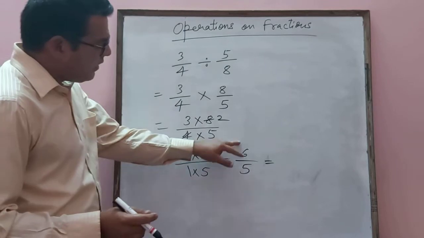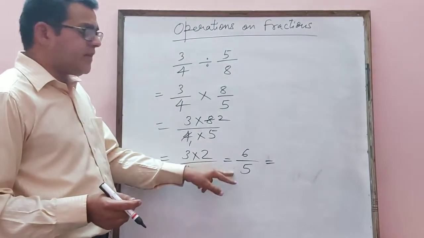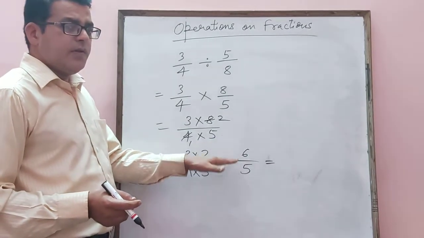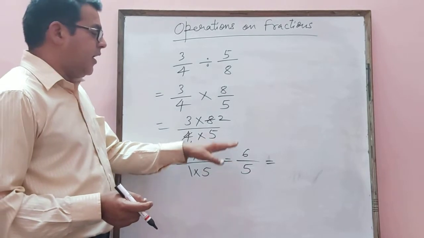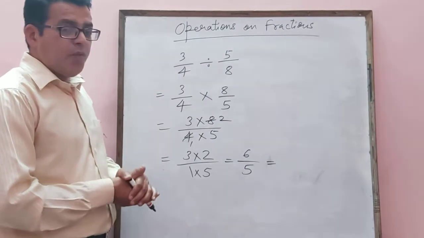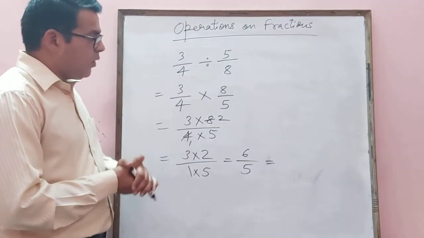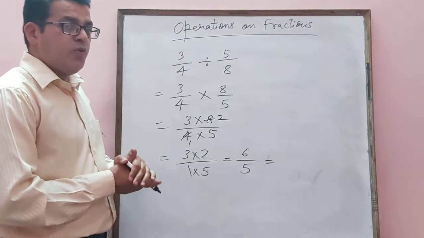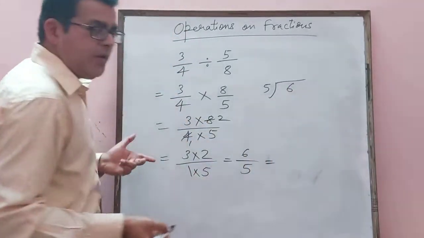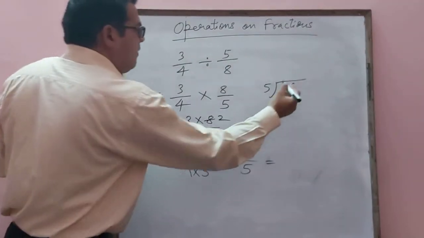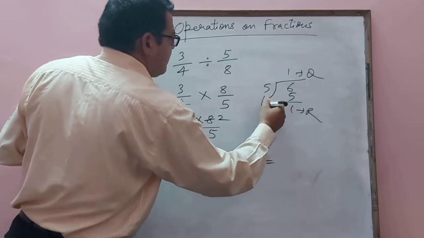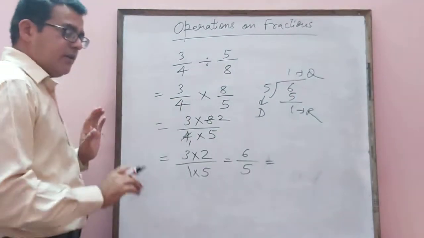Now you can see this is which kind of fraction? This is improper. I have told you so many times, if the answer is coming in improper fraction, then you need to convert that improper fraction into mixed fraction. So how can we convert it? You know very well. We have to divide this 6 by 5. 5 1s are 5. 1 is remainder. This 1 is quotient, and this is divisor. This 6 is dividend. No use of dividend there.